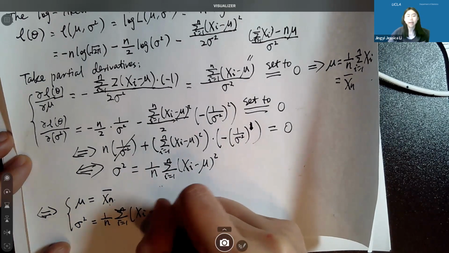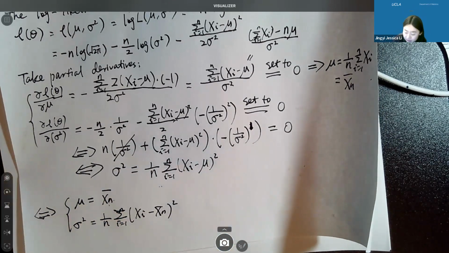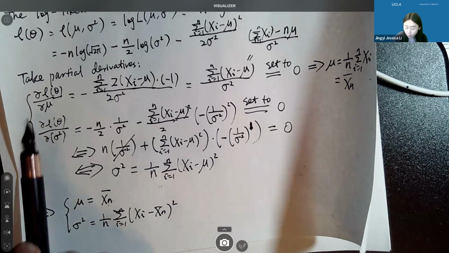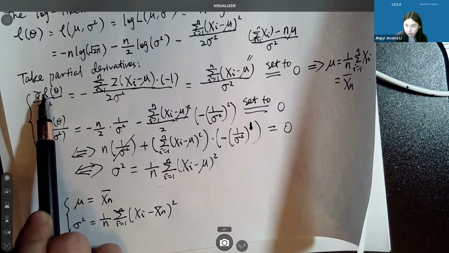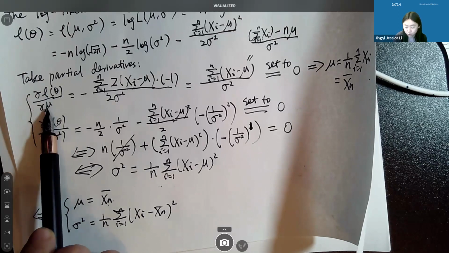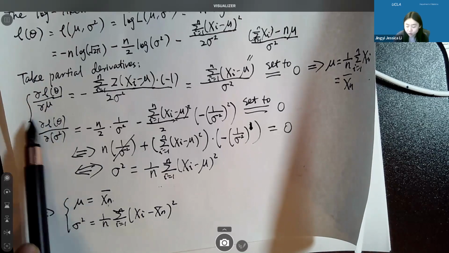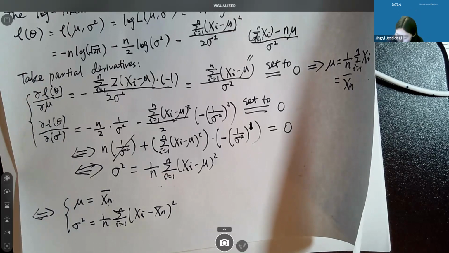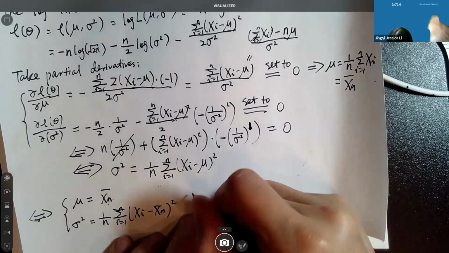Okay, that's what we will have. And then finally, if we want to be rigorous, we actually need to go to the second partial derivative, which means we take the log likelihood's second partial derivative against mu, against sigma square, and also once against mu and once against sigma square. That's what we call the Hessian matrix. So to verify, we need to verify that the Hessian matrix,